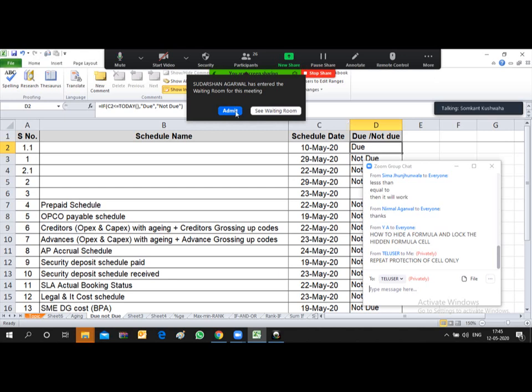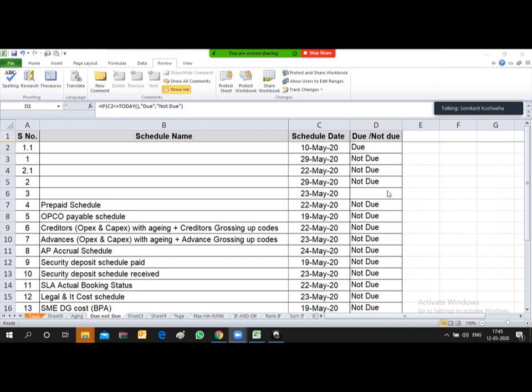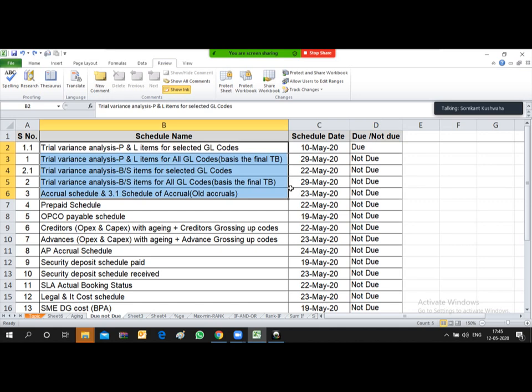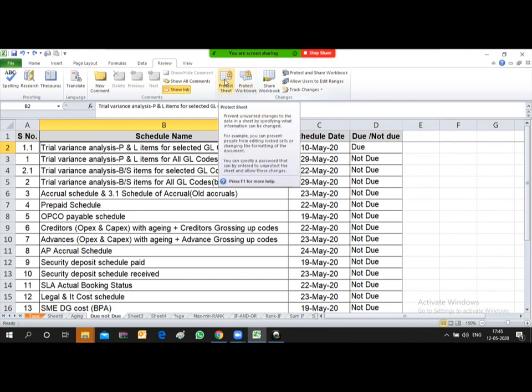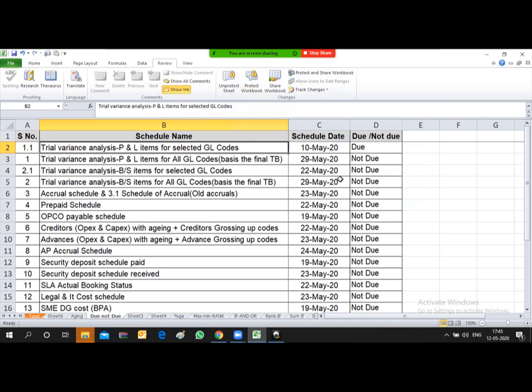Now let's move on to how to protect a sheet. Just a minute, friend. Yeah, how to protect the sheet, friends? It's very simple. You don't have to unlock any cell. You just click over here, Protect Sheet, and just type the password, which is again capital A, capital A, press enter. So now the entire sheet is protected, so the person will not be able to change anything.